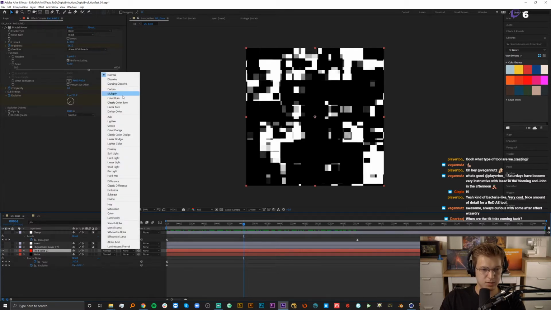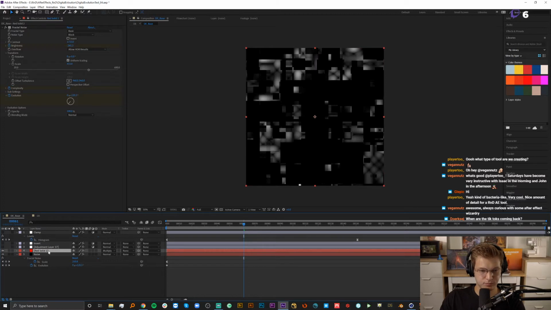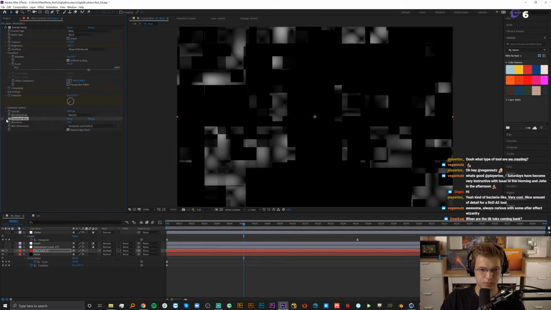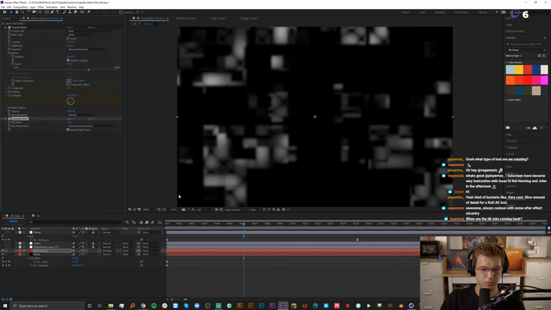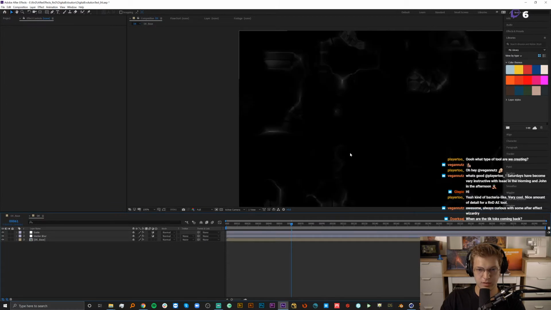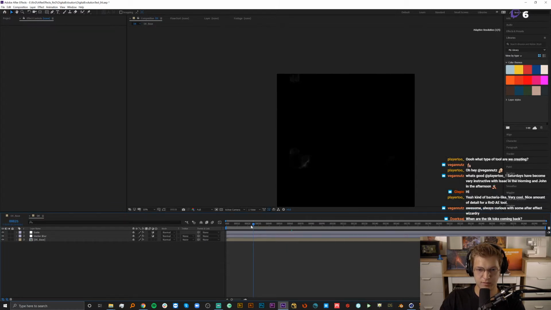So if we just multiply this guy on top, now we get both, and then we can probably add a blur so that the edges of this guy aren't as crisp, which will help with the overall effect. Maybe a little bit more. And then just repeat edge pixels so we get rid of that error. If you look at this. So now we have,